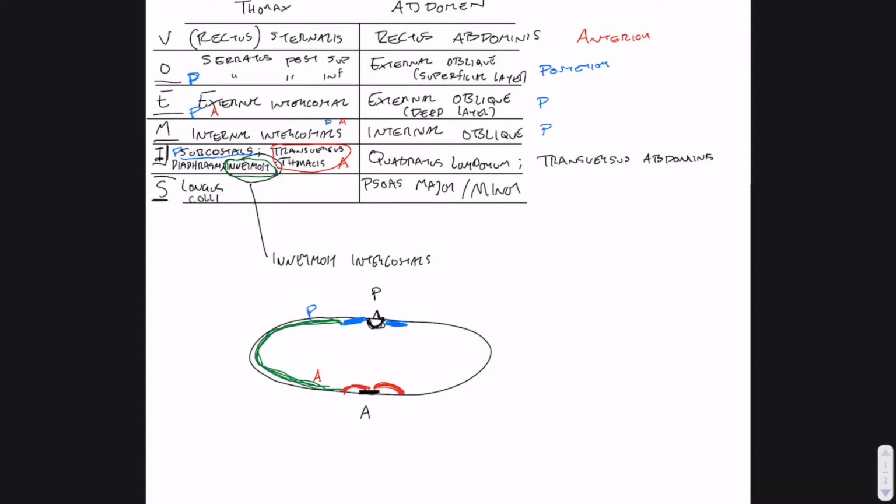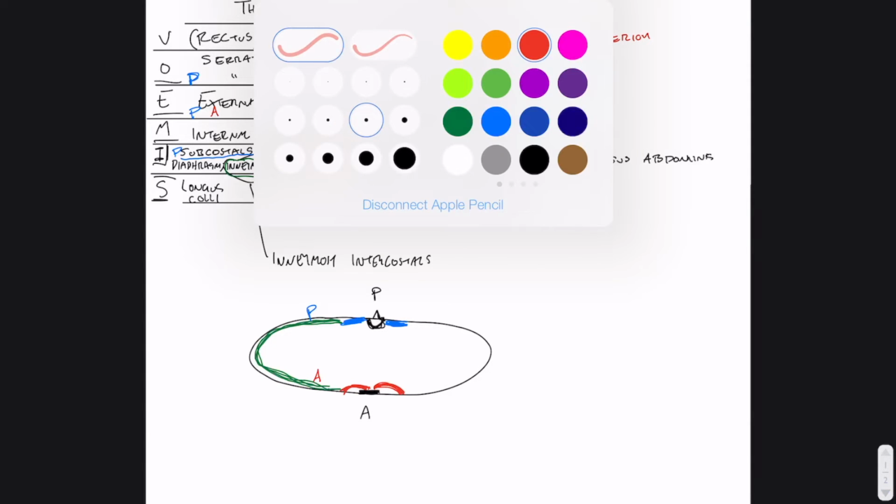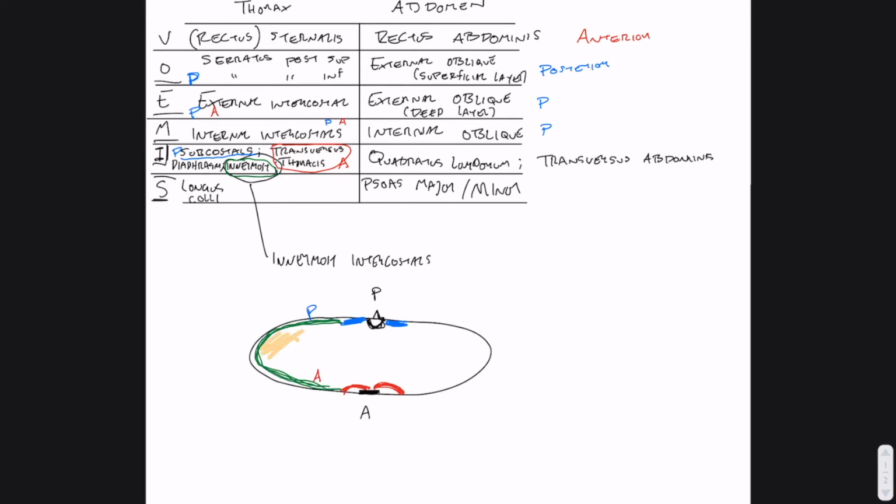And then we have the diaphragm. So I'm going to do the diaphragm in kind of this faded orange. The diaphragm is like the floor of the thorax. So I'm creating this floor. And the diaphragm is going to have 3 different blood supplies to it. So if I put a star here,